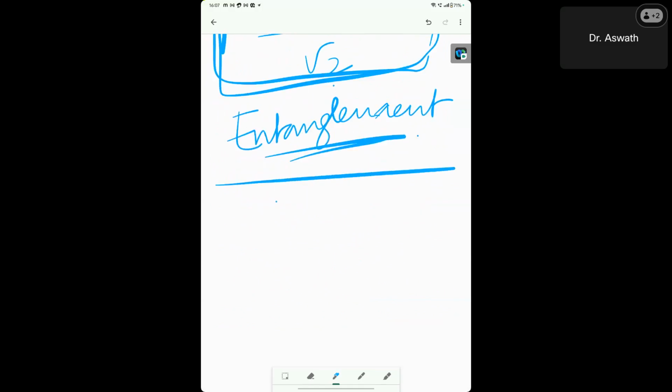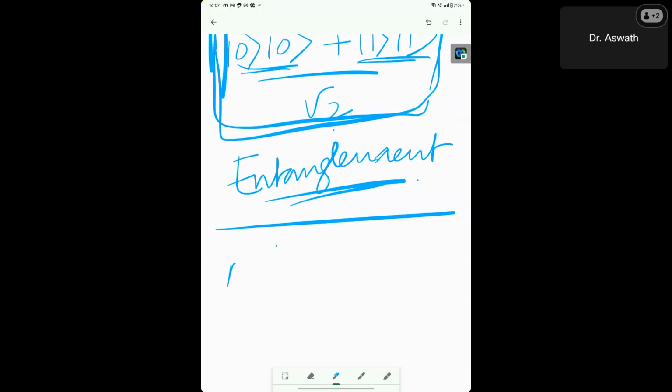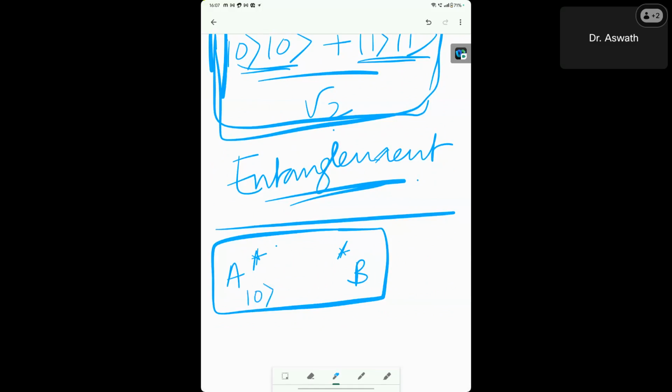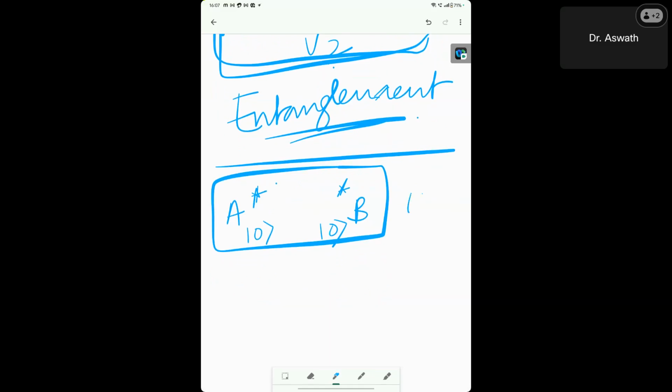So what I mean by physically is, I'll take atom A, atom B, and put them in a box. Okay. Let's say initially atom A is in the ground state, atom B is in the ground state. I put them together and create an overall setup. Okay. Let's say they're strictly in the ground state. Now I send a pulse of Hadamard gate, or a pi by 2 pulse, onto atom A only.